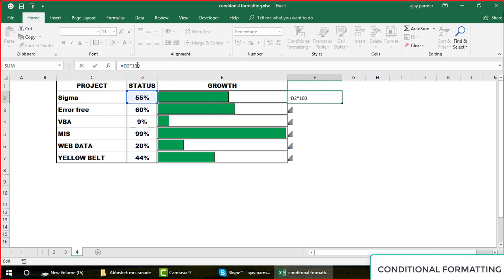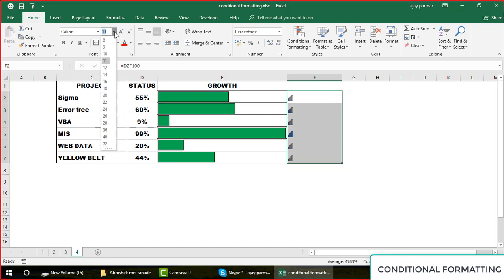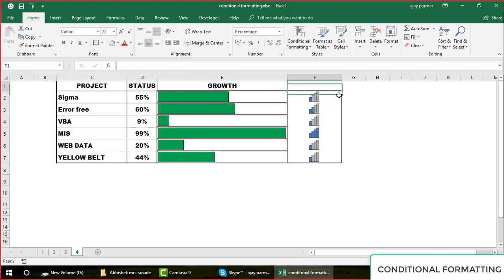So 55% multiplied by 100 will make it 55. And now we will have a graph. I go and drag this. You can also increase the size of these graphs and put them in the middle. That's all. Now you see numbers are not coming, guys, because we unchecked that option. So this is the only project which is going pretty well.